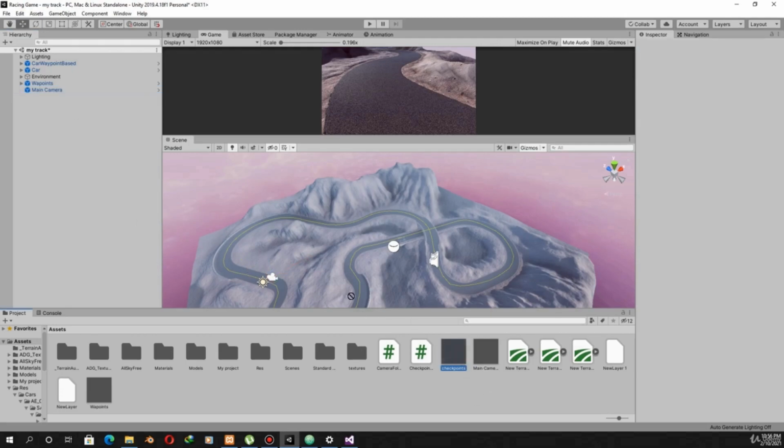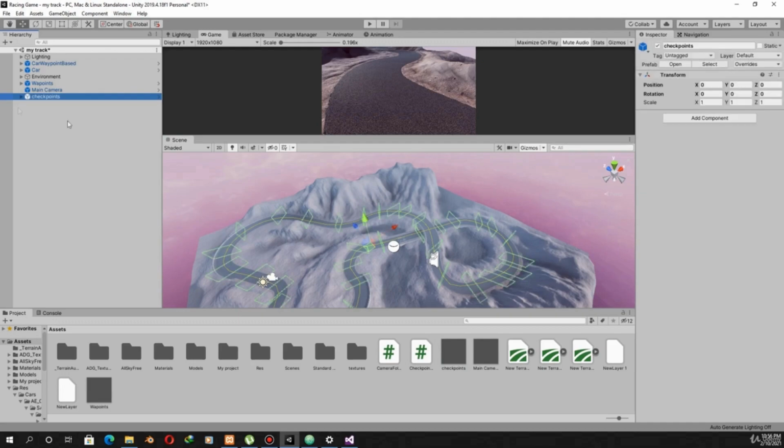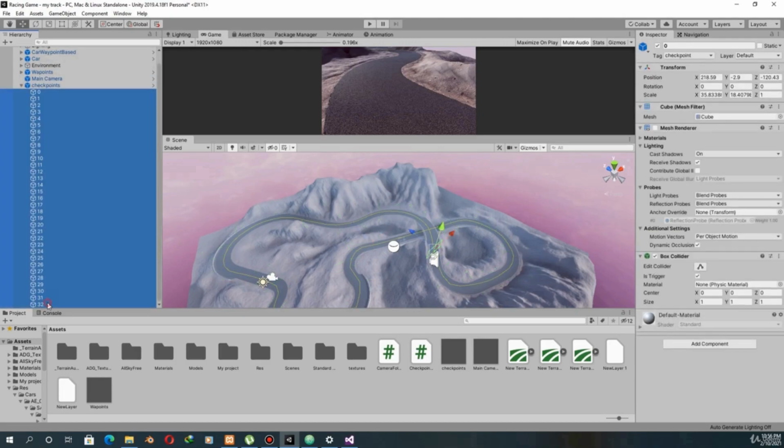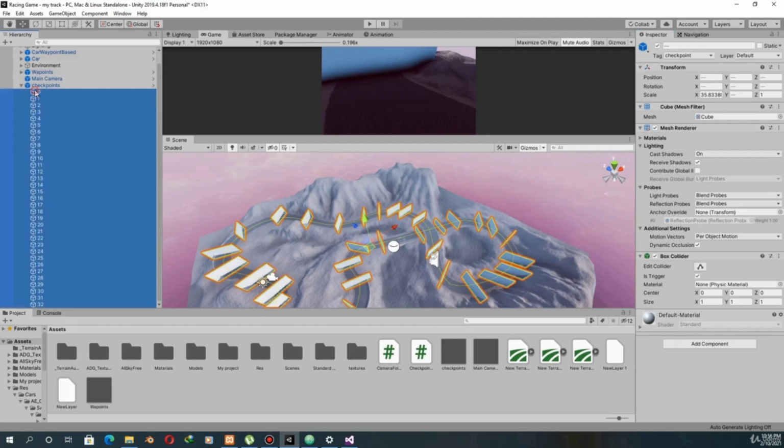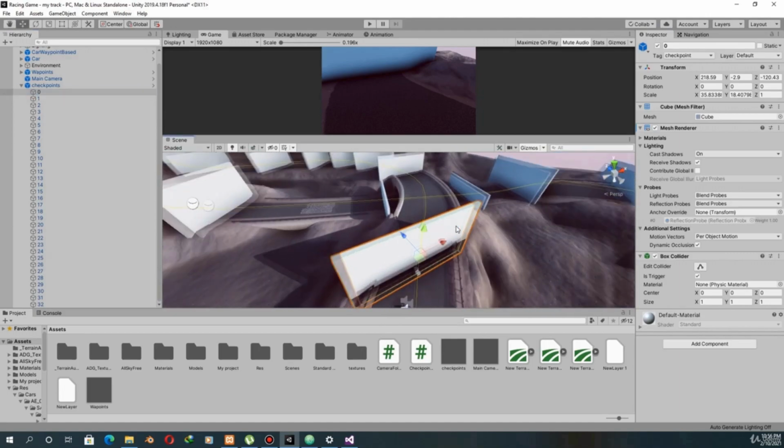So I will drag the checkpoints prefab which I created previously here, and by selecting all the checkpoints, I will turn their mesh renderer on so that you can see. You can see that I have named them from 0 to 32, and there are 33 checkpoints. I will go closer.